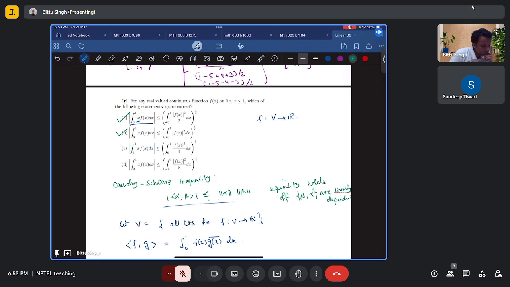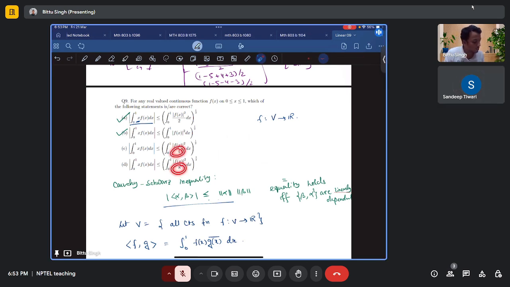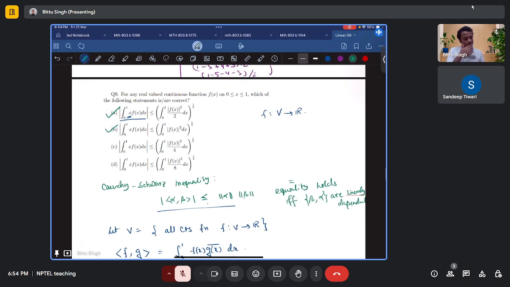But what about option C? Now we don't know if it is correct or not. So we need to check if it is correct or not. Just take a function and let us see. For example, we need to find a counterexample to see if it is correct or not. If we take f(x) equal to